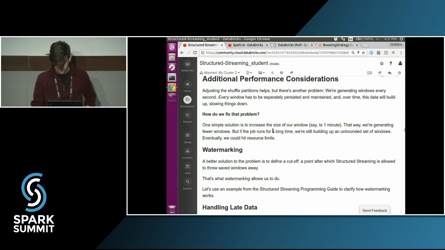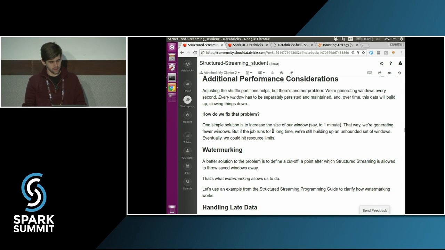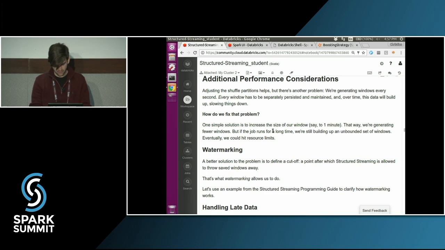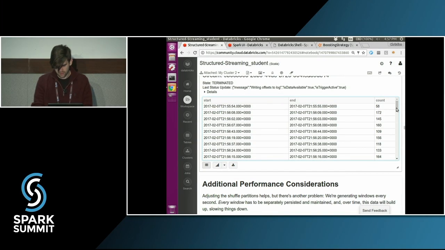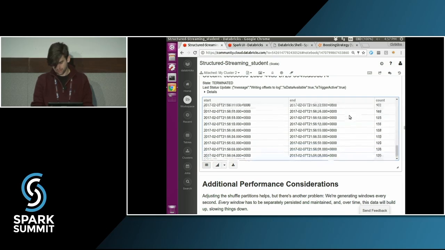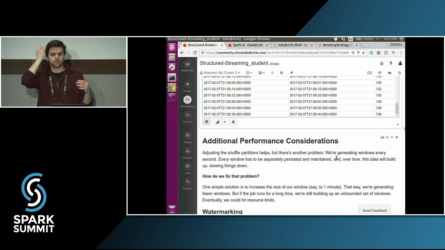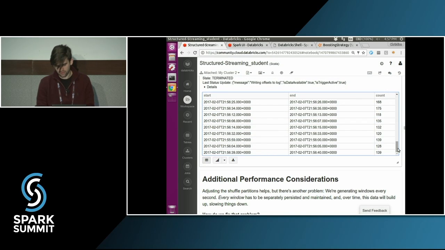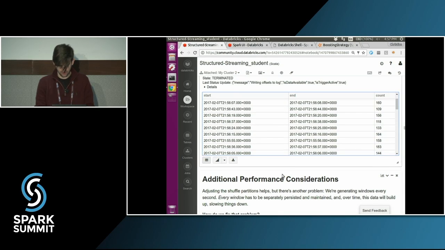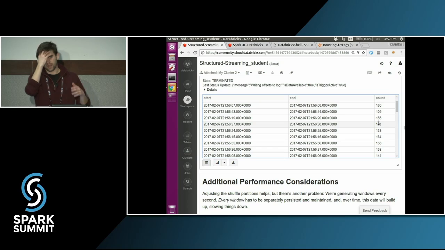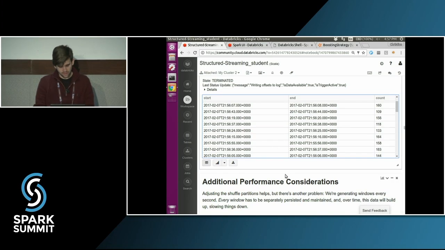Yeah, so the particular parameter we're going to want to set for the problem that you were just asking about is what's called a watermarking time. As you can see here, this table is going to grow very quickly on our 1 second interval. One thing we could do would be to expand that window, and maybe things start growing a bit more slowly. However, if we want to keep track of each of these 1 second windows in our output sink, which is reasonable, since we might care about what's happening at each of these seconds, what we can do to make sure that our table doesn't grow to a very large size is set this